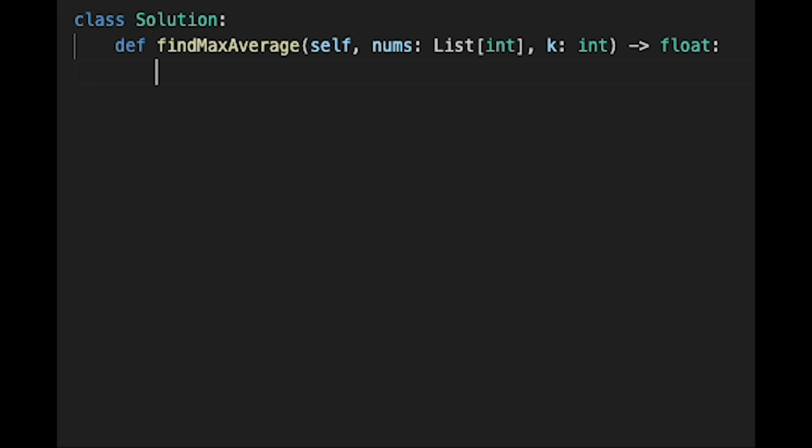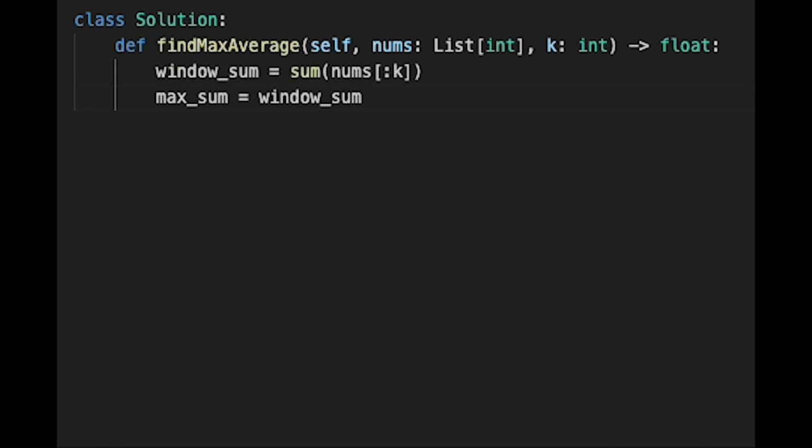Okay, let's write the code. First of all, create a window sum, which should be the total of the first k numbers. So sum of nums[:k]. And the max sum should be window sum. And then let's iterate through one by one from k to the last. So for i in range from k to the last index,